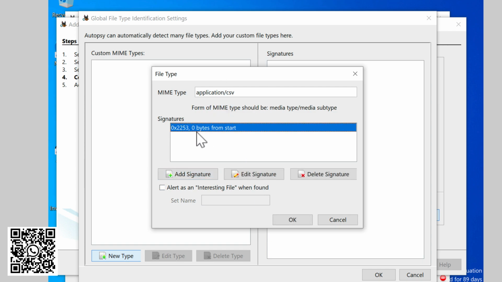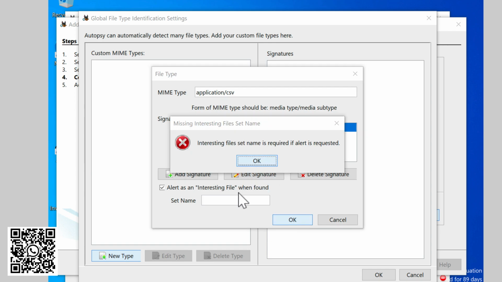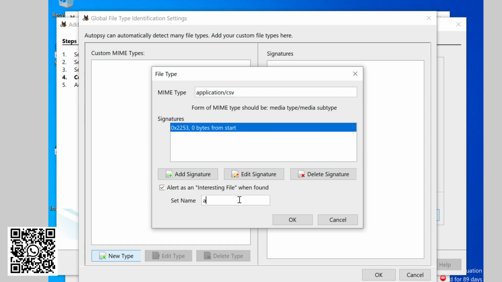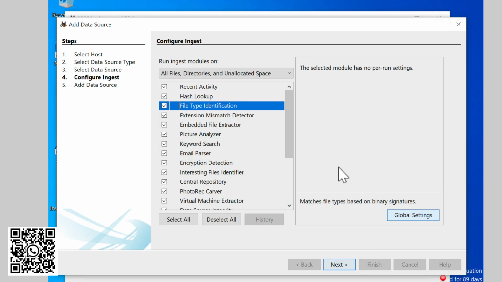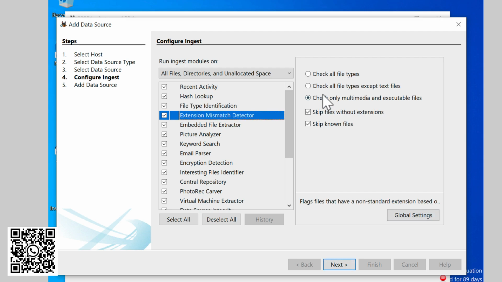You don't have to worry about them, but in general just understand it allows Autopsy to understand a different type of file. So for example, I can set an alert over here, and you can give a name to the alert. Let's say you are searching for a file type that has been leaked from a company, it is a source code file, and then you can add it over here, and once the file is identified, you will get a separate alert that allows you to find that the file was found in so and so cases. Now this option is also really important.